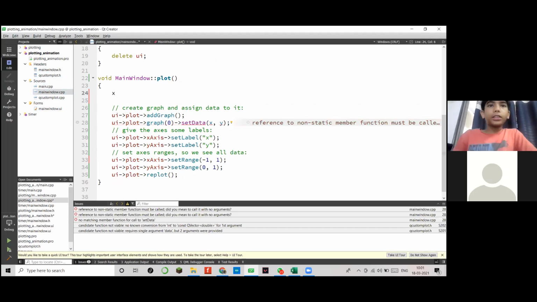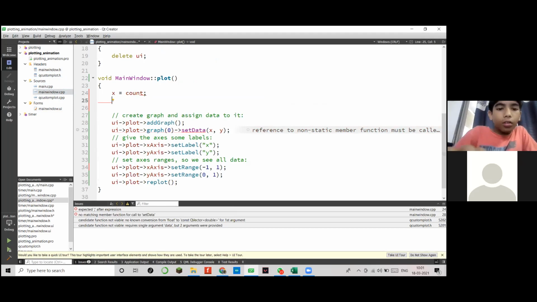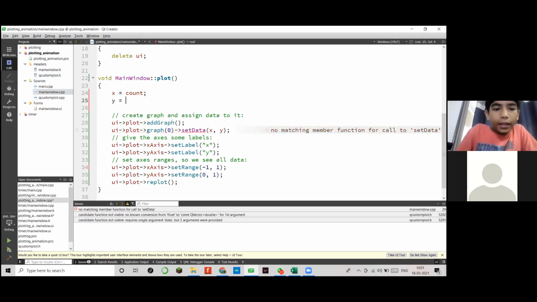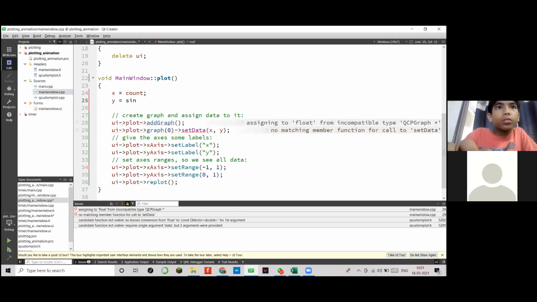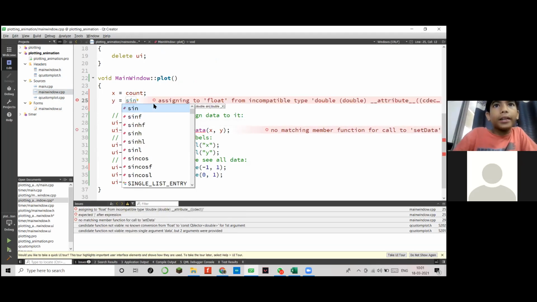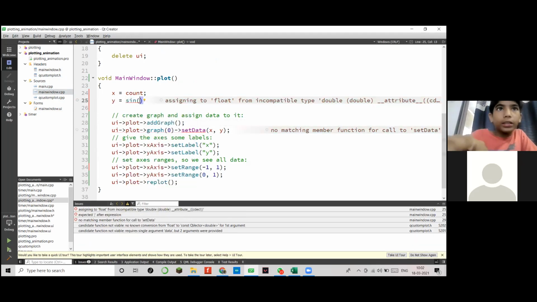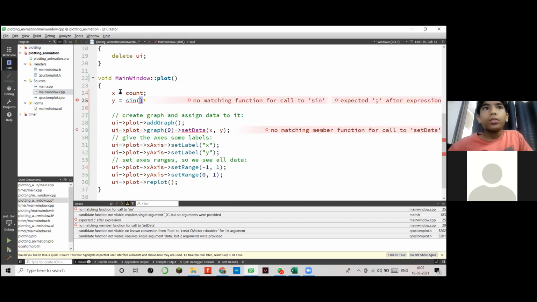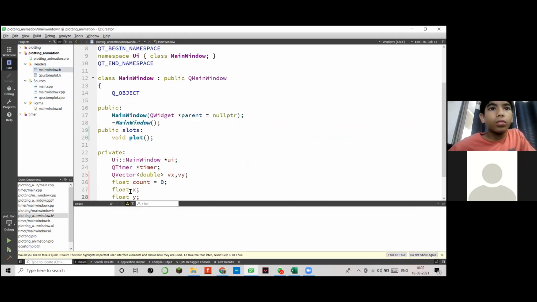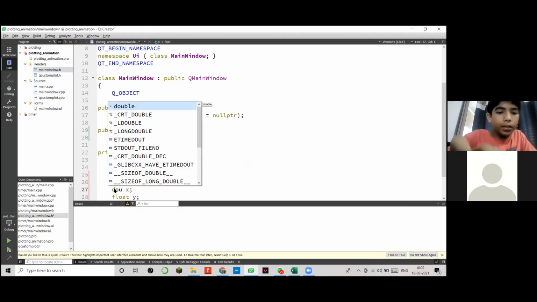Now I'll use these: x equals to count, y equals to sine. I'll do double here.